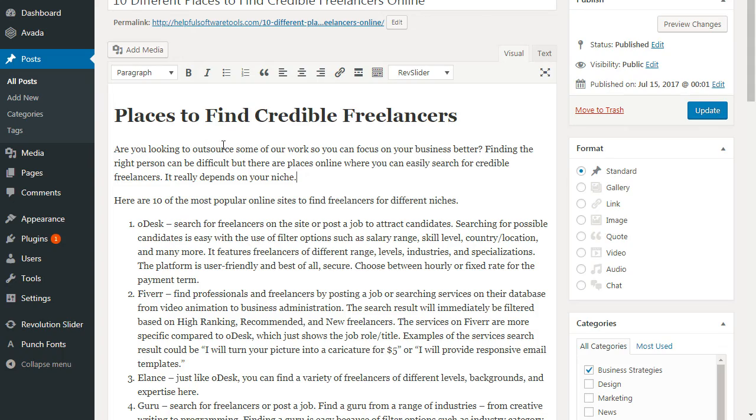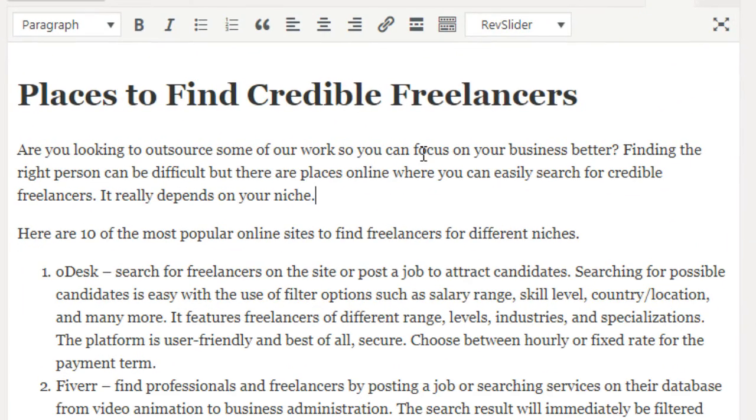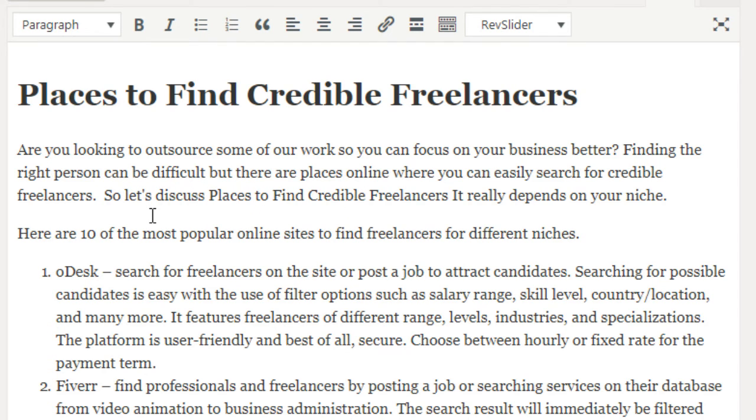So it says, are you looking to outsource some of your work so that you can focus on your business better? Finding the right person can be difficult, but there are places online where you can search for credible freelancers. So we could say, so let's discuss places to find credible freelancers. Obviously the first letters are capitalized.